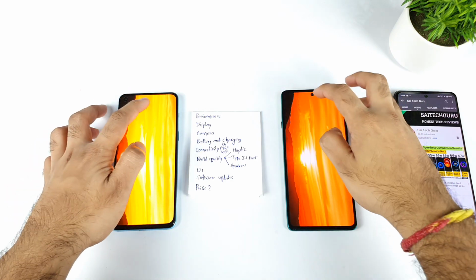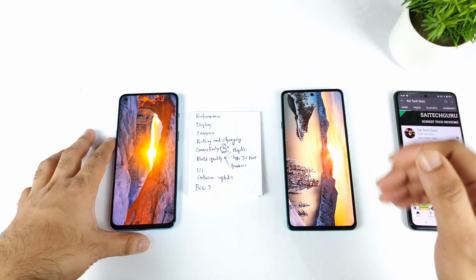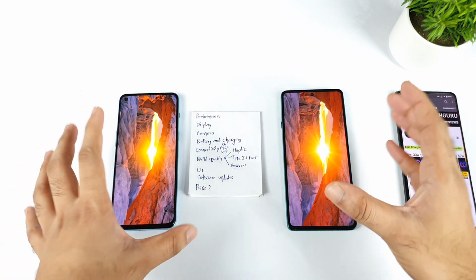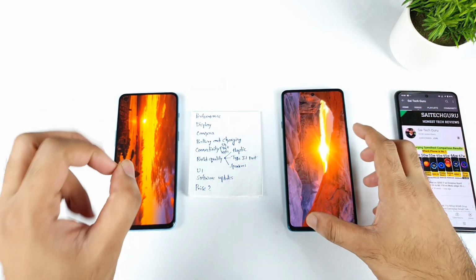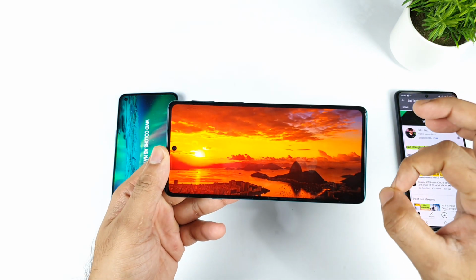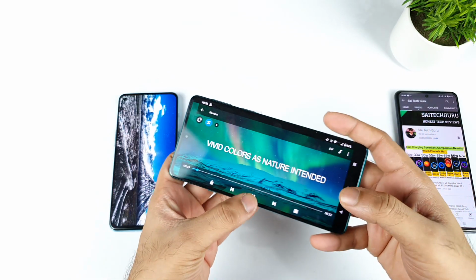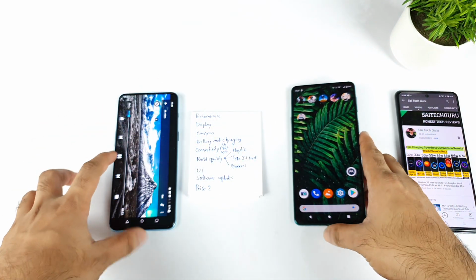So in terms of the display segment, slight better points for the Moto H20 in terms of having really good colors and big screen display. If you like the big screen display, you can definitely choose the Moto H20. It's really great to watch in the Moto H20. I did like it pretty much. Yes, this is one of the best things about the Moto H20 which I liked a lot in terms of the display segment. So I'm completely satisfied with the display.